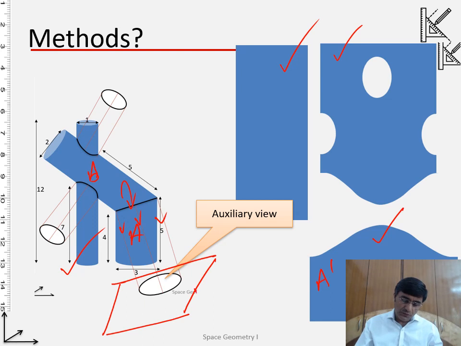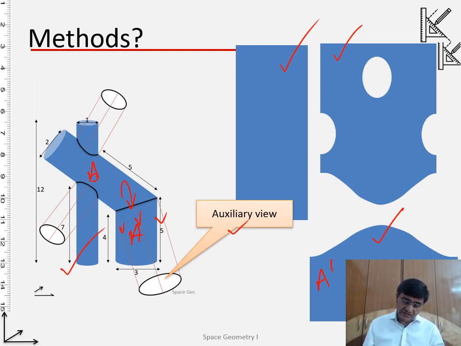So this view we call the auxiliary view. Depending upon the object, because not always all the planes, lines, surfaces of an object will be parallel to the principal orthographic views, we can generate many auxiliary views where the corresponding part of the object will be projected with true length, size, shape and so on. We also call it a normal view. So this view we call an auxiliary view.